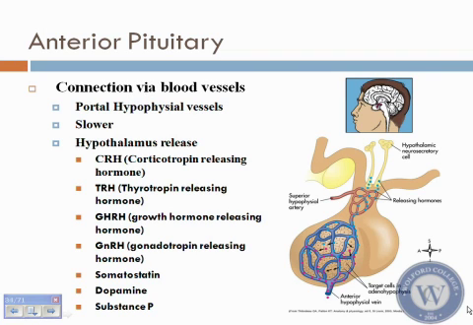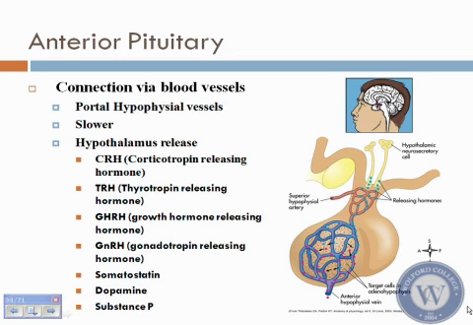Okay, let's go on and talk about the anterior pituitary. The anterior pituitary is connected via this extensive blood vessel system. And you can see it becomes limited at the stalk. So if you get a disruption of that, what will happen to all the hormones released by the anterior pituitary? They'll stop, and that's a disease process that I want you to know for the test. Okay, the portal hypophyseal system vessels are pretty vasculature.